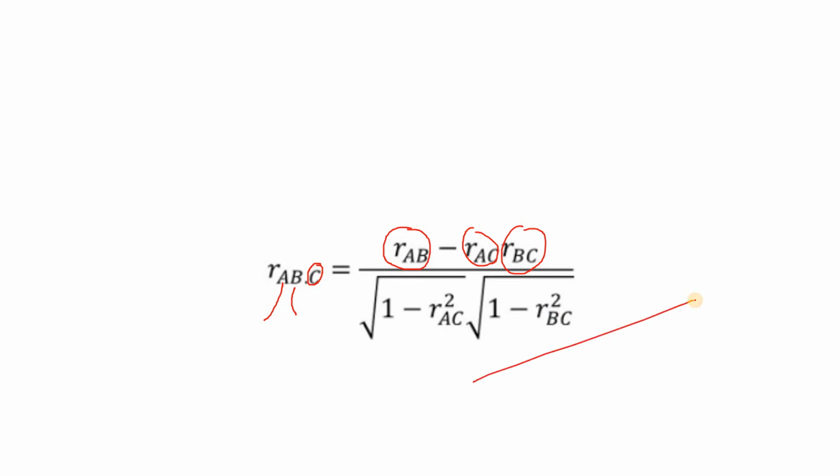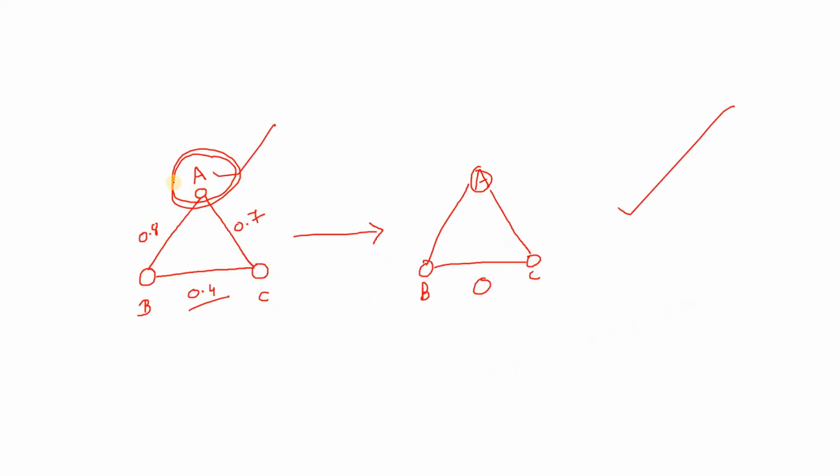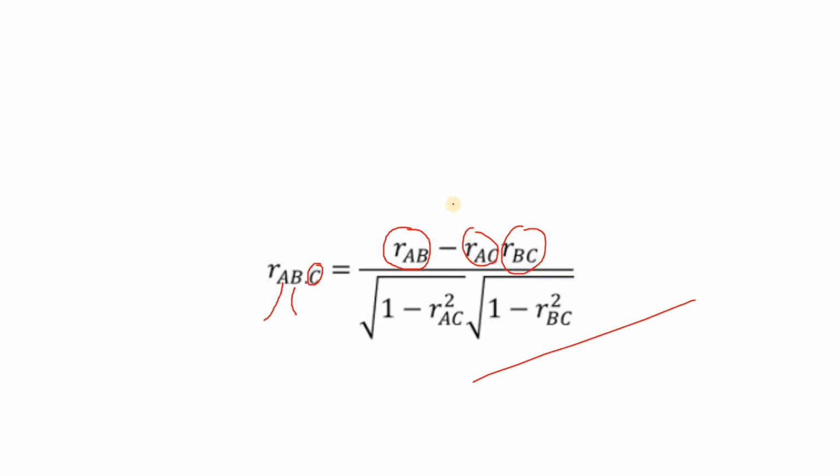As simple as that. Now you can relate this formula intuitively, in a very simple way. Suppose this particular influencing factor is not present. Actually, suppose B and C are not correlated with A. So what will be the correlation value between A and B, and A and C? 0. In that case, if you put R of A and C as 0 and R of B and C as 0, you will get the correlation between A and B excluding the factor of C as nothing but R of AB.